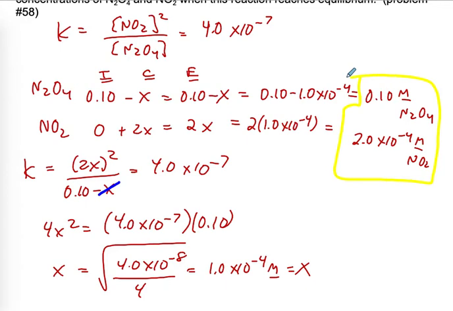Okay? Once again, we'll check. We will do concentration of NO2, 2.0 times 10 to the negative fourth squared, divided by the concentration of N2O4, 0.10, and that gives us 4.0 times 10 to the negative 7, which is exactly equal to K. Okay? So, to summarize,